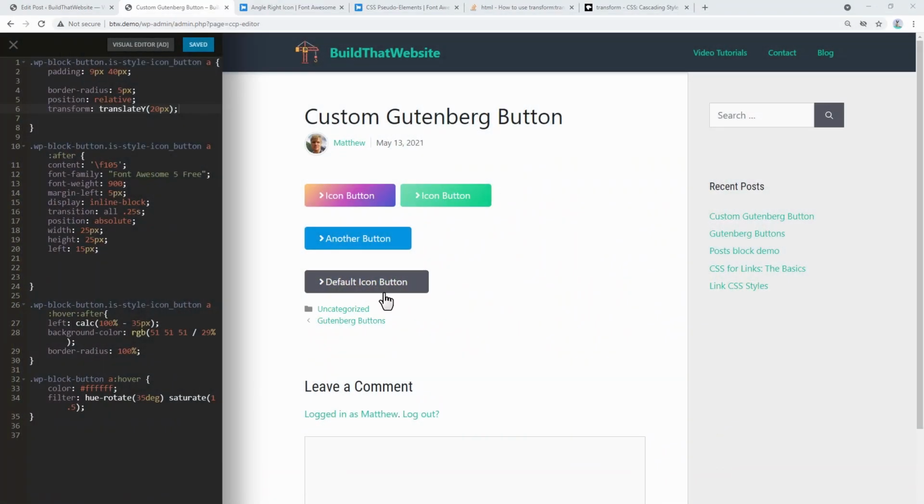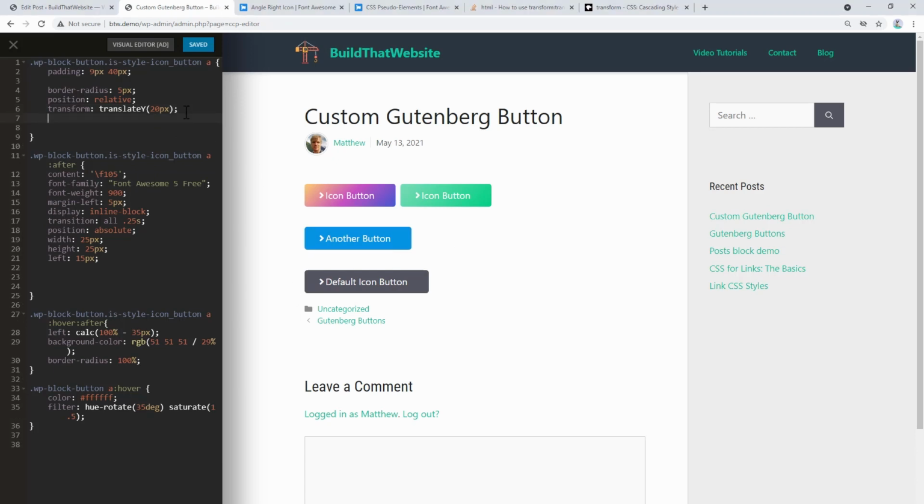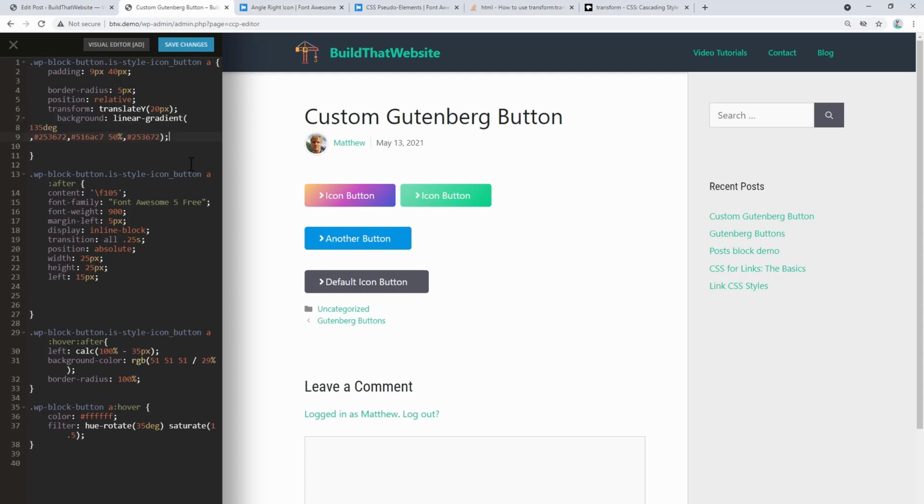All right, now I've added another button that's got the default styles. And how can we style our button so that the default is something other than what WordPress is setting it up? Now, we can't just paste our styles in the normal button rule, because it's going to override all the colors that we set in the WordPress editor. So we need to write a separate rule